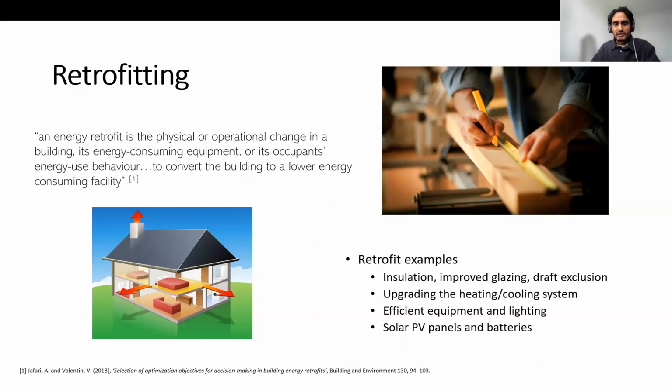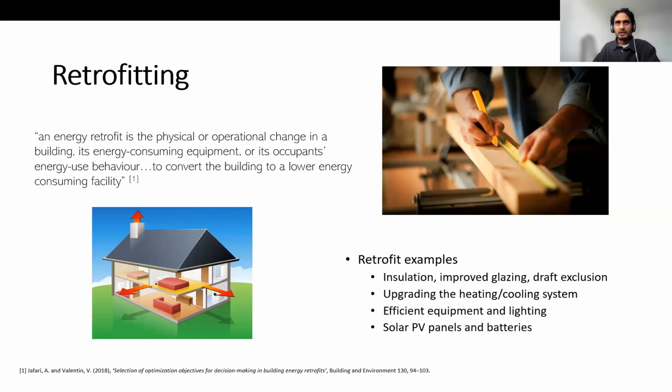This could be applying insulation to a building, either externally or internally to the walls and the roof. This could be upgrading the windows to a more efficient standard, for example, double or triple glazing in some instances, and having some low emissivity coating, which can either trap the heat in or trap it outside, depending on the climate the building is located in. And this could be improving the airtightness of a building too.